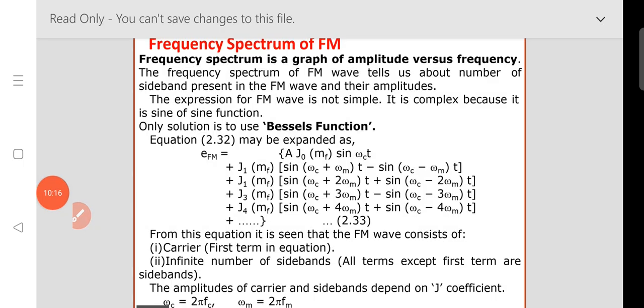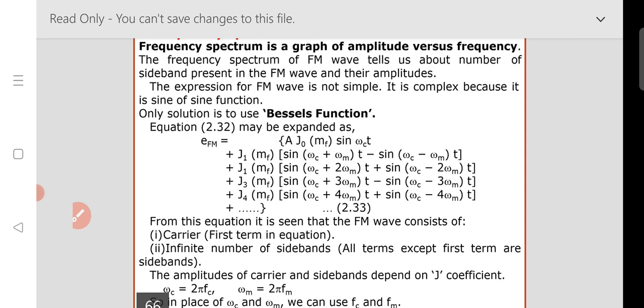Coming to the conclusion, the frequency spectrum of FM is like this, in the form of a frequency transform, using those equations. So that is not easy. It is very complex to analyze the bandwidth or spectrum of the FM. So here we already discussed the final conclusion like this. You just observe these terms.